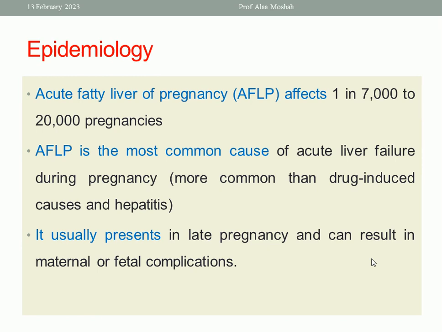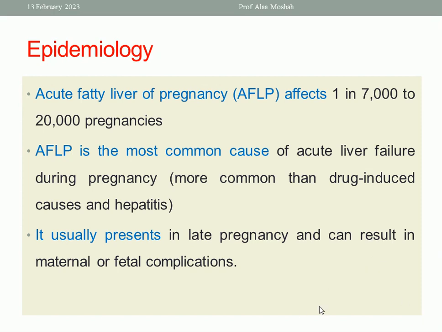So, if we are going to say which is common during pregnancy as regards liver disorders, we can divide them. If we are talking about pregnancy-induced liver disorder, intrahepatic cholestasis is the commonest. If we are talking about the commonest cause of jaundice with pregnancy, viral hepatitis is the commonest. If we are talking about the commonest cause of acute liver failure during pregnancy, then we are talking about acute fatty liver of pregnancy. Okay?